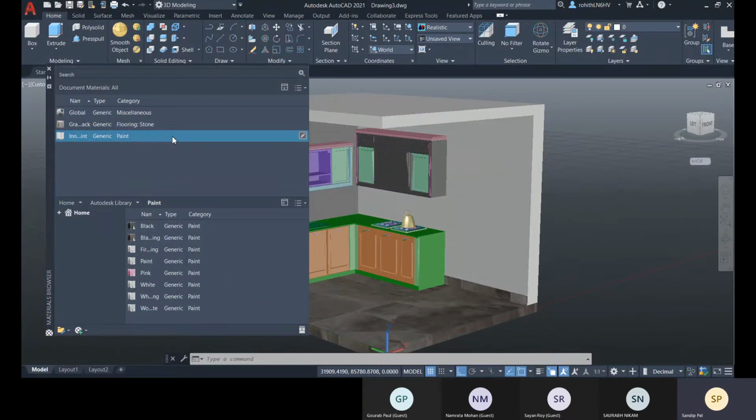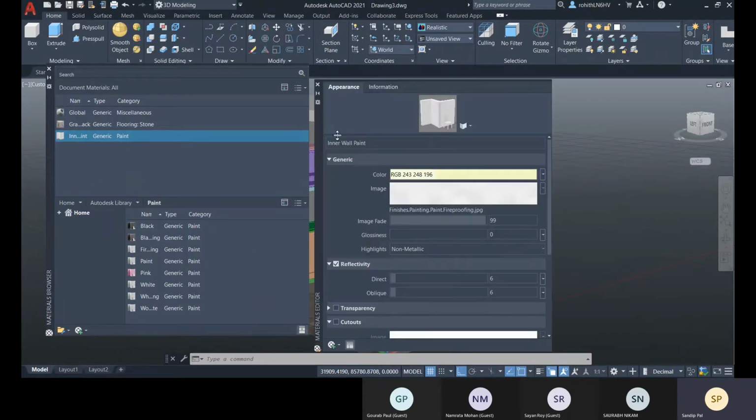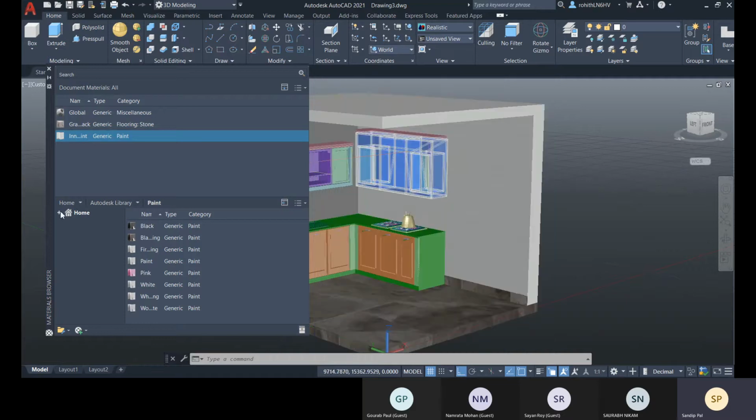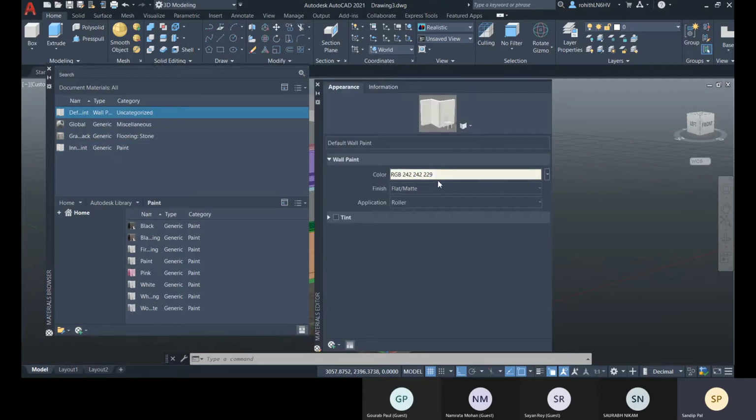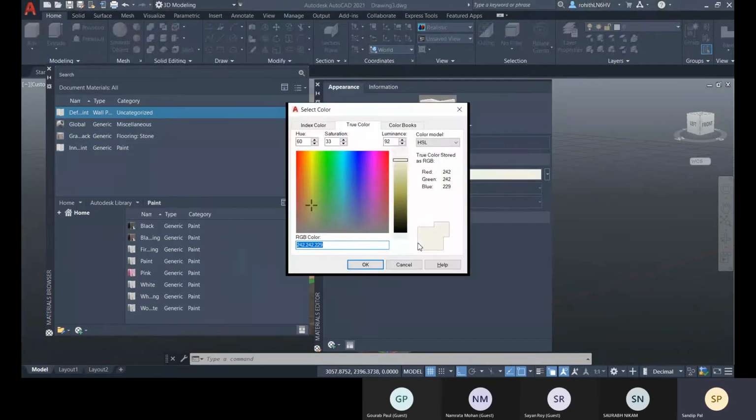And if you double click on it, you will open the material editor to edit the material. All right, suppose you need to create a new material using this kind of type. From scratch, you want to create a new material, so you can choose something like wall paint. See, you can create a new material over there.